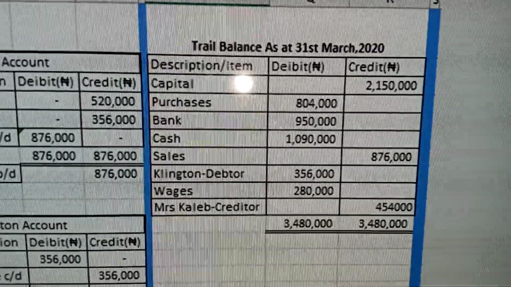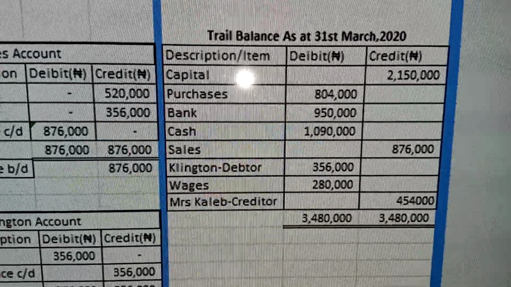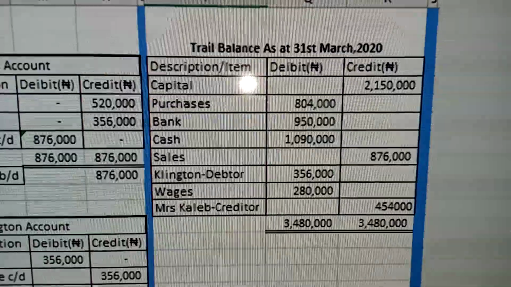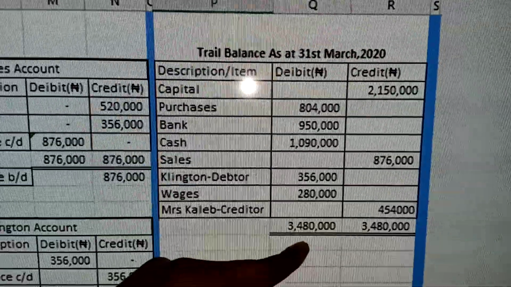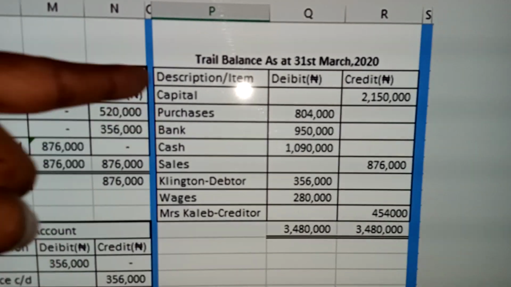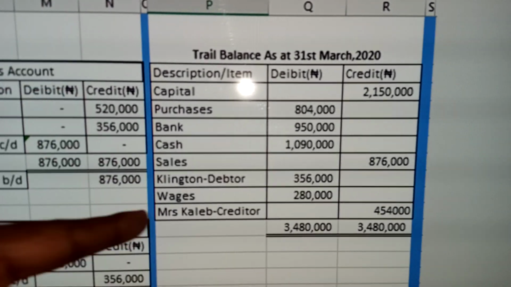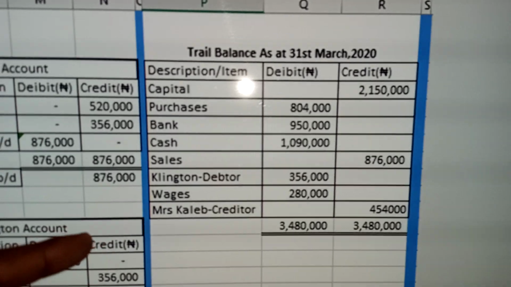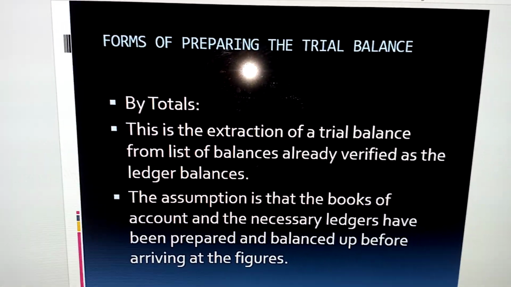By the time we transfer all the balances in the ledger to the trial balance, it must agree. The debit total must agree with the what? Credit total. That is the test of the arithmetical accuracy. We just